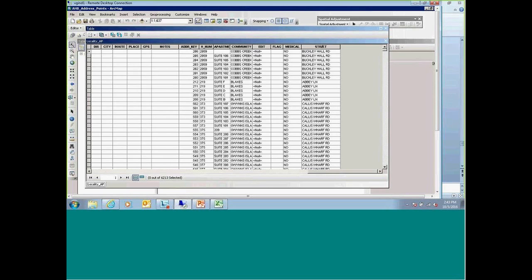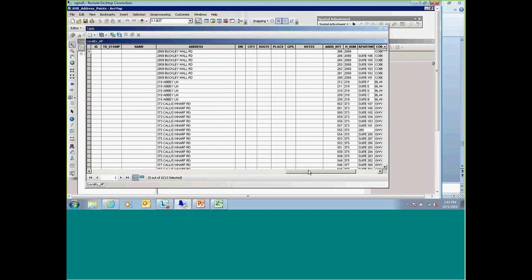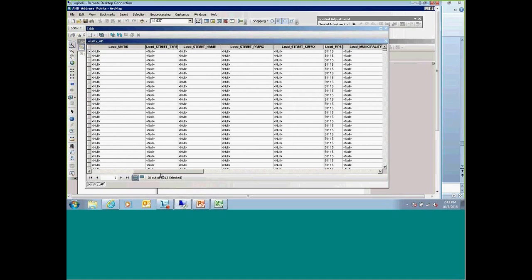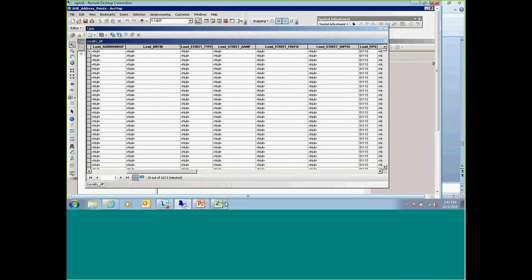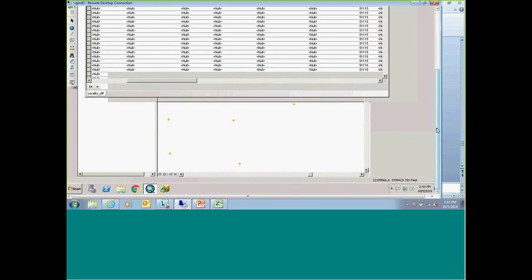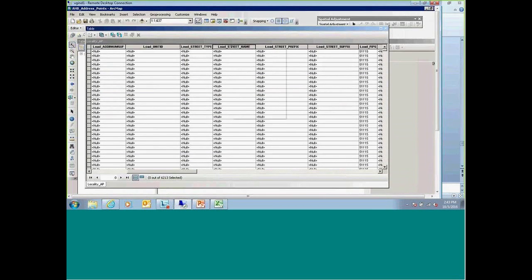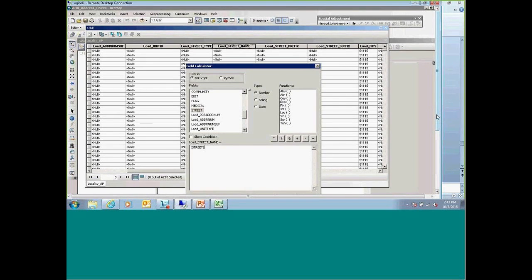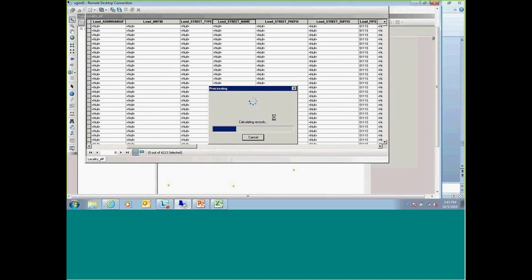So it looks like they only have street name, which is Buckley Hall Road, as one. So I have to go in there and split these and put street name in here. And that's all done in... I can't do it with ArcCatalog open. So what happens is we can go here and we can do field calculator. I'll show you real quick because I know we're getting close.